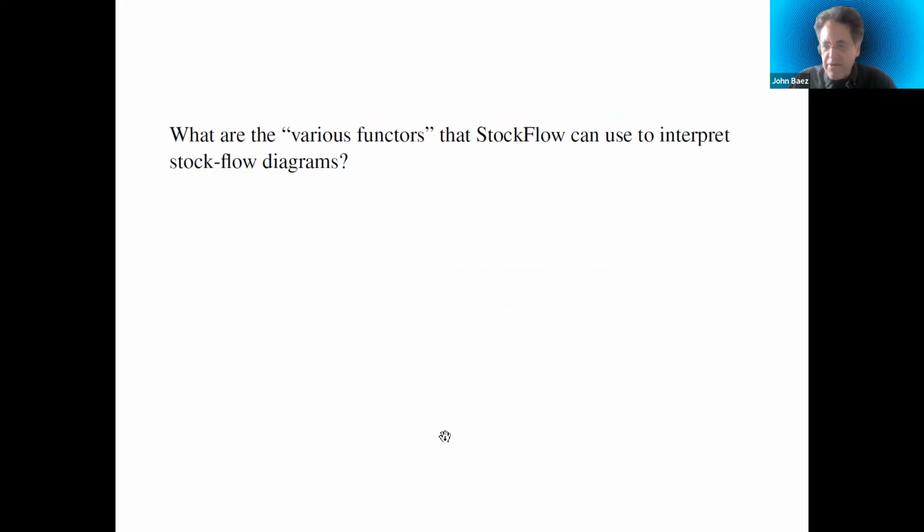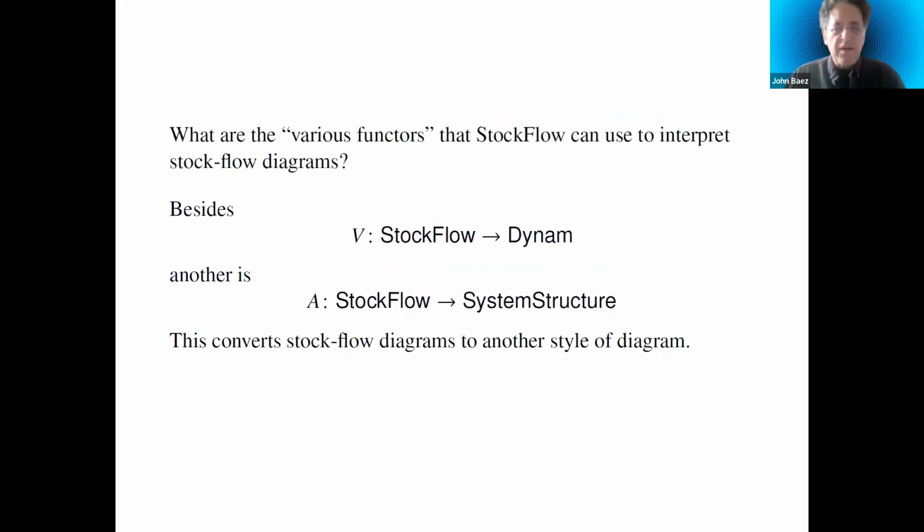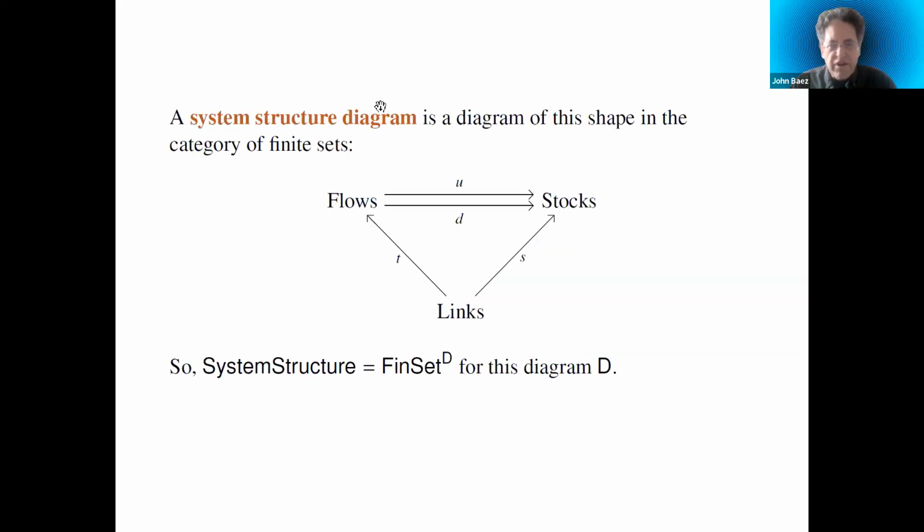Now, what are the other functors that you can use to interpret them besides the differential equations? Well, besides this one that maps a StockFlow diagram to a dynamical system, one example is you can map it to something called a system structure diagram, which is another type of diagram used in the system dynamics tradition. It's very simple to explain. A system structure diagram is just a diagram of this shape in the category of finite sets. So it has your stocks, your flows, your links, as before, but what it just lacks is the flow